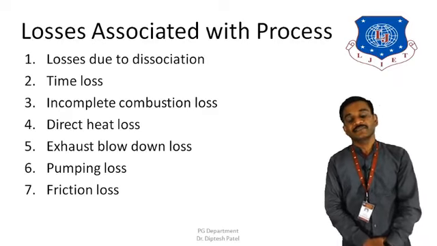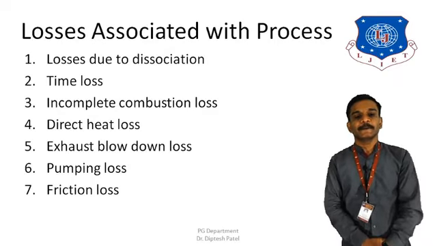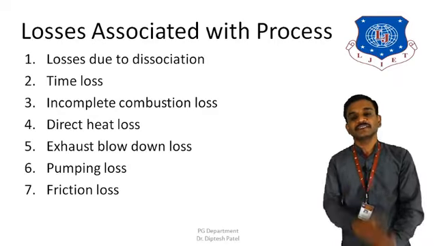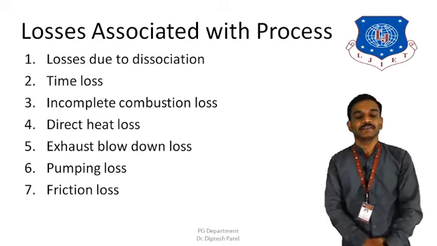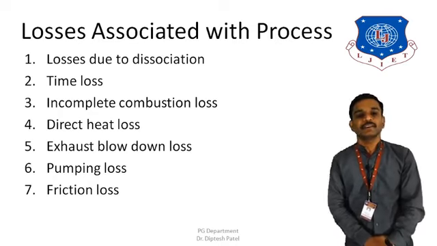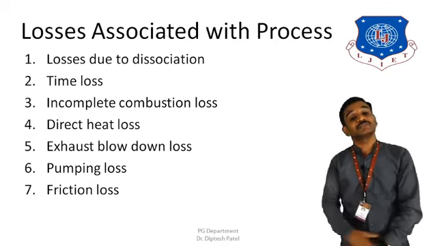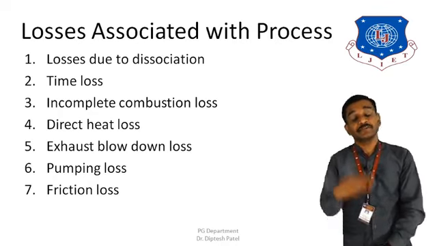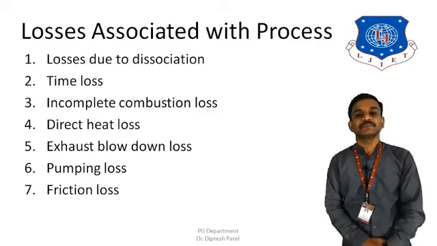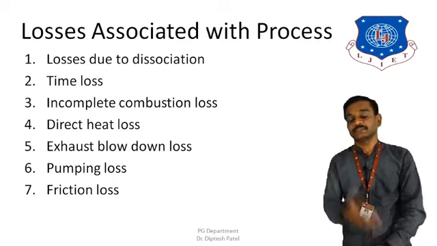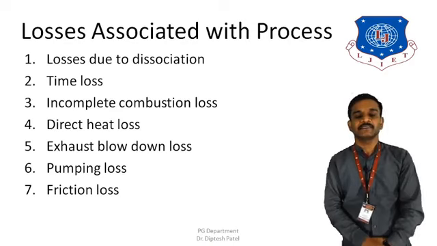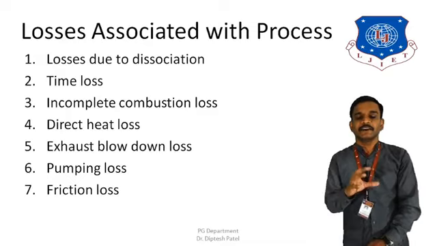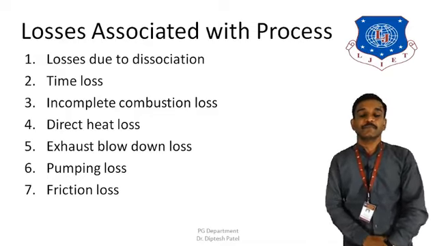And the last one is friction loss, in which friction occurs between the relative motions of the different components of engines, and that also consumes a certain amount of power. So these are the losses associated with the processes, and because of that the actual processes look not similar to the ideal one, and you won't see the sharp edges, and there are always losses during the actual process as compared to the ideal one.